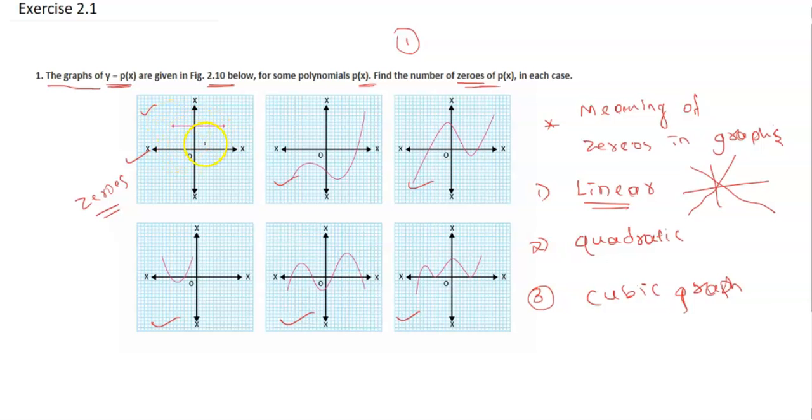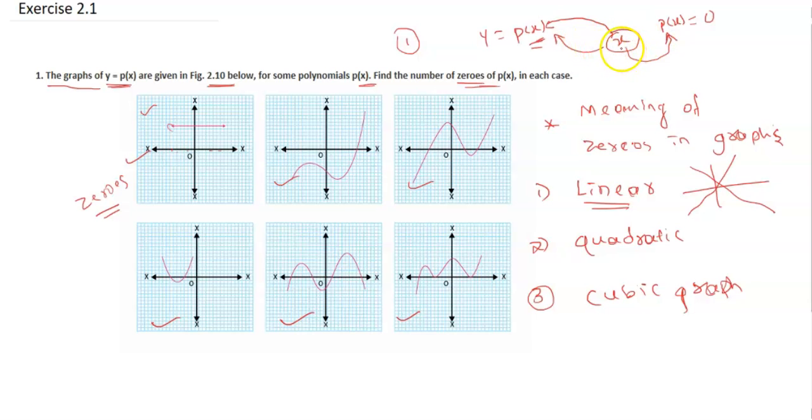Do you find that here? If you take these values of x, we have some value of y. You may take all of these points of x, y is not becoming 0 here. If y is equal to p of x, when can I say x is a 0 of this polynomial? When I put the value of x in this polynomial, if p of x becomes 0, then I can say x is a 0 of this polynomial.